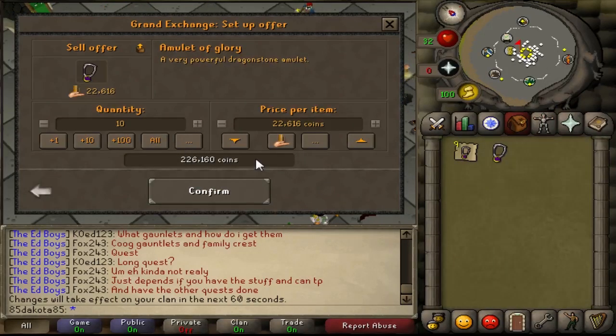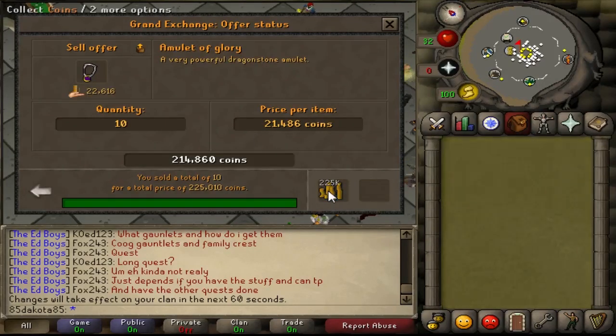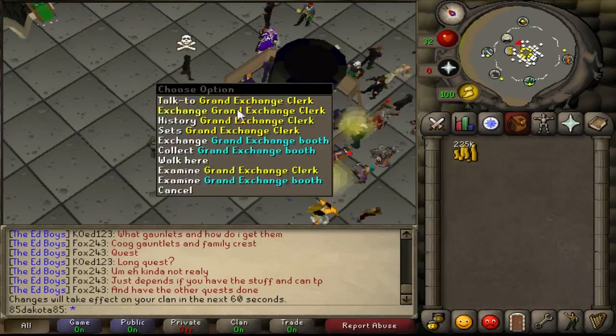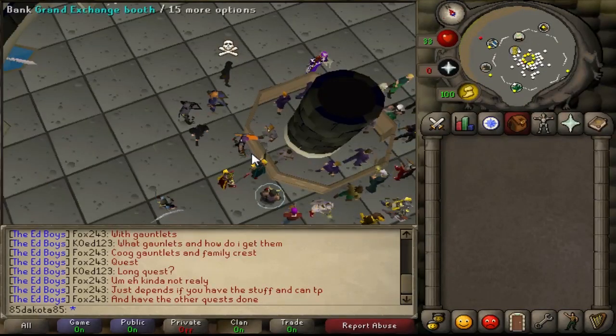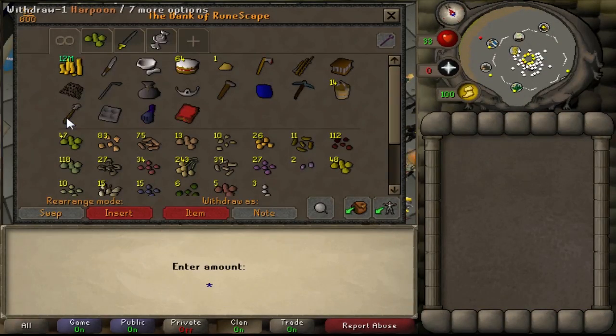So I'm going to be selling these back. This makes a little more sense because it did look like we were missing a lot of money. But there we go, 225k. Alright guys, so for our first trip of running nature runes, it seems to have been fairly successful other than